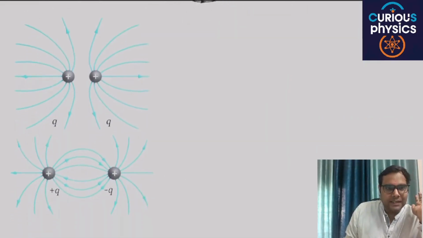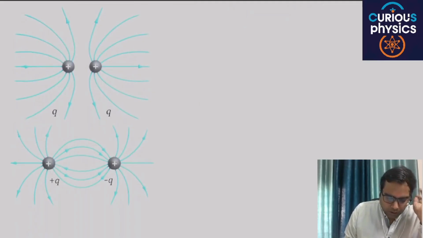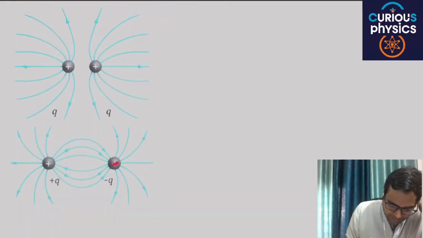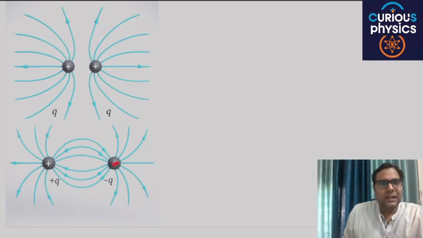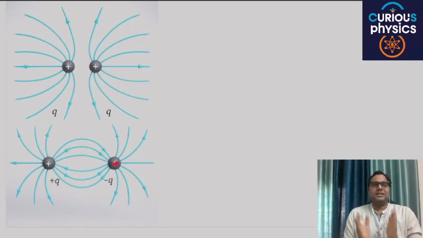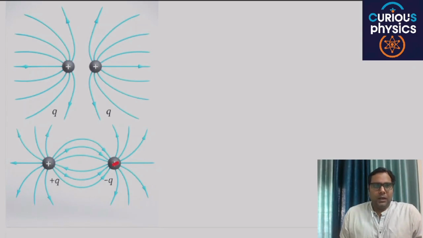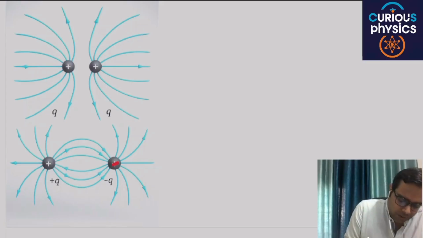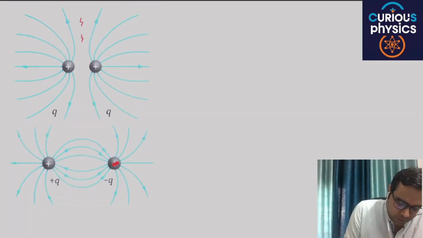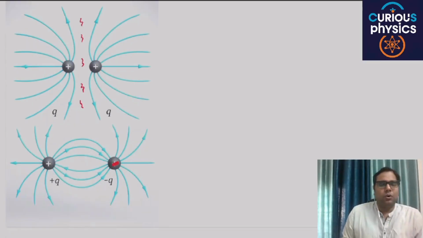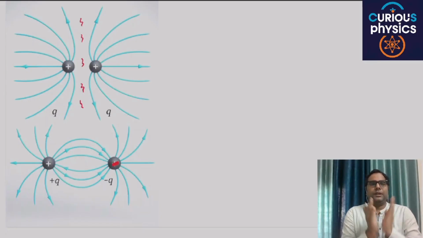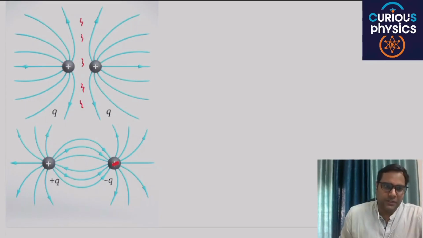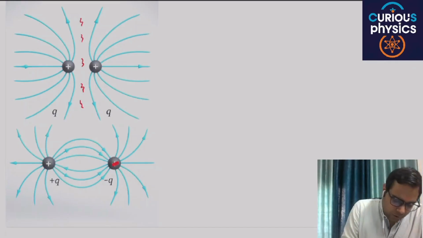This is basically the example of, not positive, this is negative. If two positive charges, or two same charges, are placed at a particular point, with the same polarity, they experience the force of repulsion. So at this particular point, there will be no electric field, or no electric field lines, because they experience the force of repulsion. If so, the arrow should be outward.